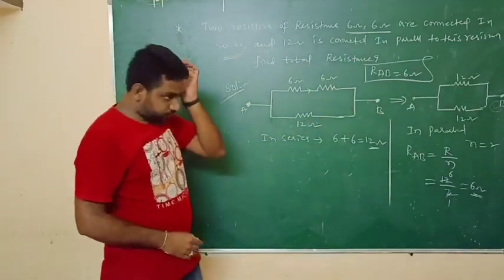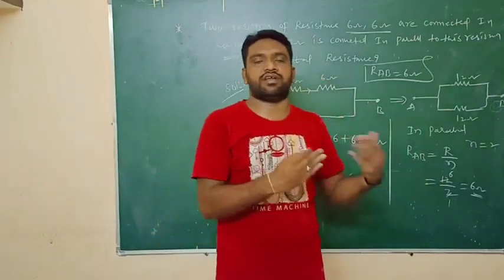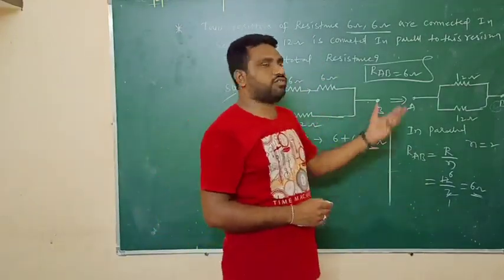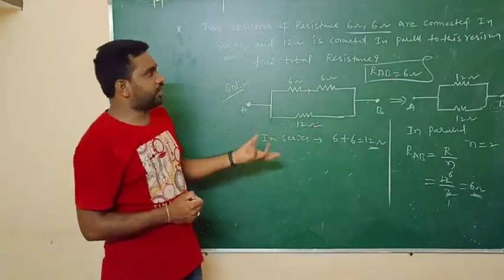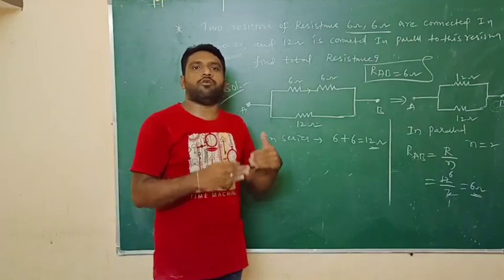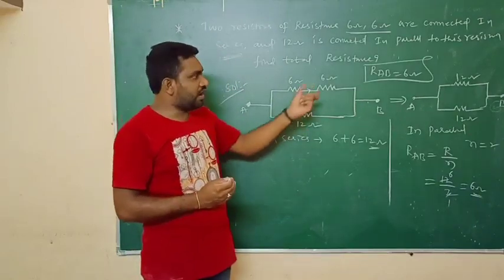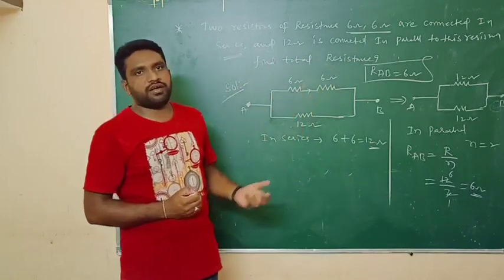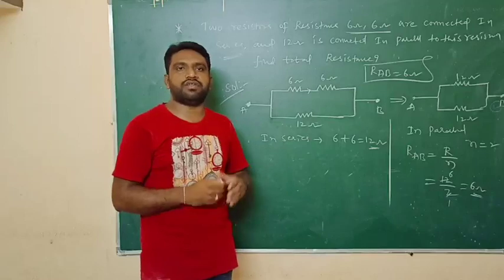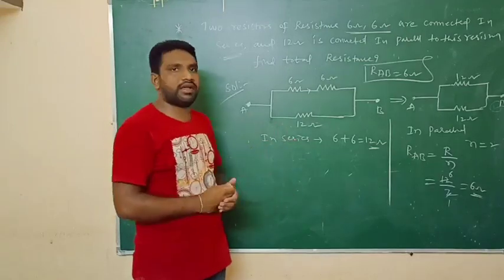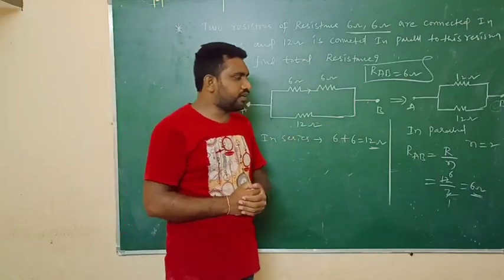In case of problems related to resistance or effective resistance and resistors, we need to analyze the question and draw the circuit diagram. From the circuit diagram we need to conclude how many resistors are connected in series and how many in parallel. According to the series and parallel combination, we have to use a suitable formula and substitute the values in that formula. Then you will get the answer without any mistake. So in this way we will get the answers.